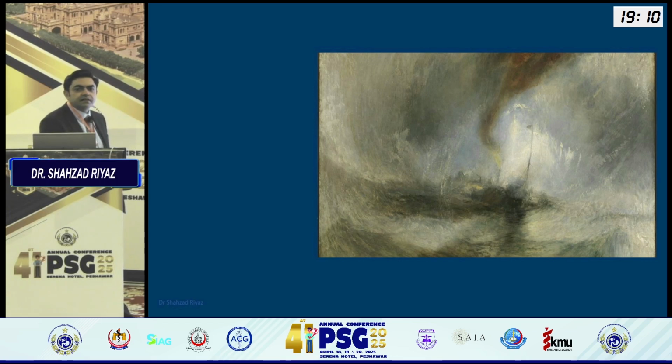Another painting, I'll make the question a bit easier, especially for the juniors in the back. Can anybody guess what this painting is about? What is the painter trying to depict? Anybody? Pakistan ke halat mat keh dena. Which will be more meaningful. But actually, it's a boat or a ship stuck in a storm.